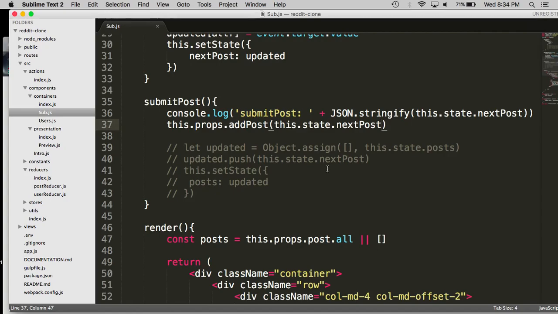Right, so again, the real challenge here is keeping the mental map in your head straight. That's the real challenge. The actual concepts, again, I don't think they're that challenging, but there are too many pieces moving around. That's where it's easy to get lost, right? So in this scenario, and if you don't remember, it's fine, but where do you find out? In the reducer, right? Who receives actions? Reducers. So we go to the post reducer,